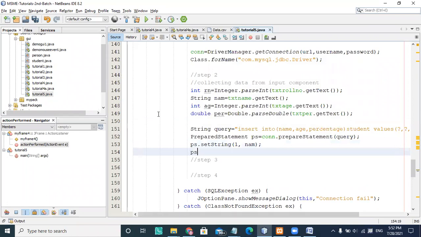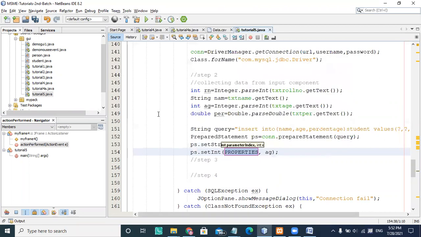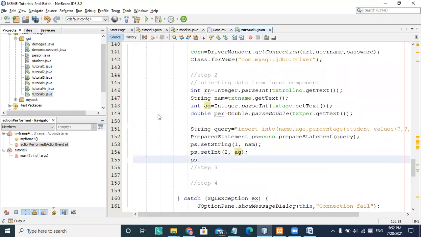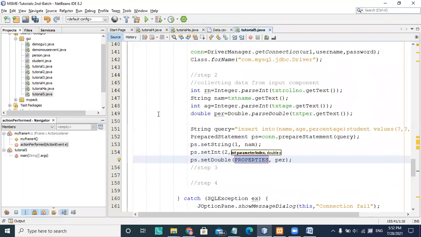The second parameter is an integer kind of data, so I'm choosing set int here, and I have to write an index number, and this second one is the age. The third is a double kind, so I'm choosing set double here, writing the third parameter, and the object name which I'm using, that is percentage. I'm not using RN anywhere because I have not mentioned it, because it is automatically generated.